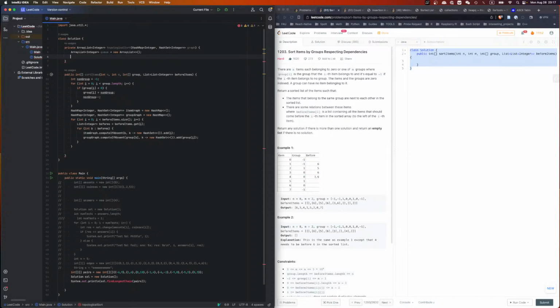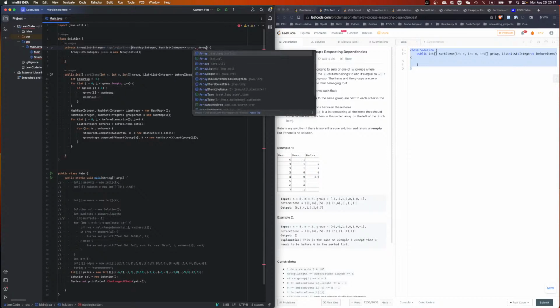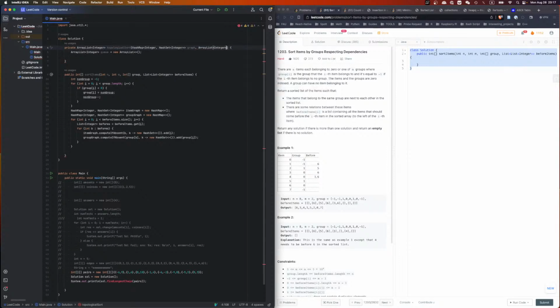Actually, no, we don't go through the graph. What do we need to go through? We need to go through all the nodes, right? Should we pass the nodes in? I think we should. Nodes can be an array list integer nodes, right? Then we say for int node of nodes,